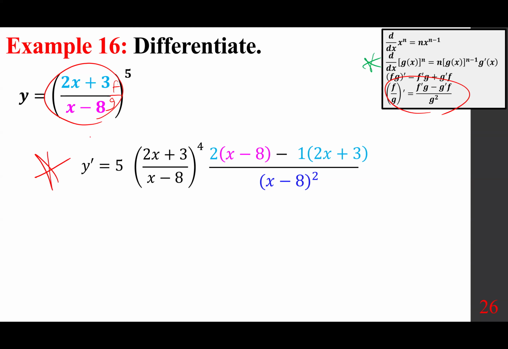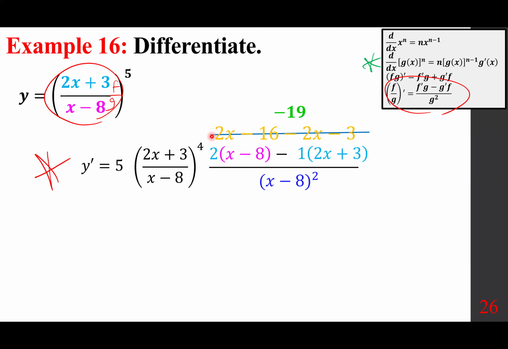Now you do a few more steps to simplify, all of which are algebraic steps. So we start with this. We write 2x minus 16 minus 2x minus 3. 2x and minus 2x cancel each other. These two add up to negative 19. So we have 5, 2x plus 3 over x minus 8 to the power of 4, negative 19 over x minus 8 squared. So what I want to do, I'm going to keep this one,